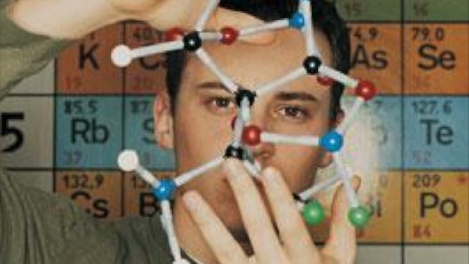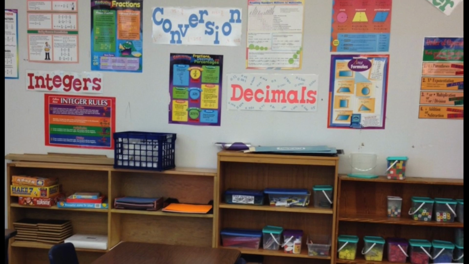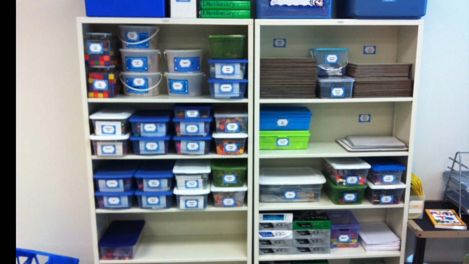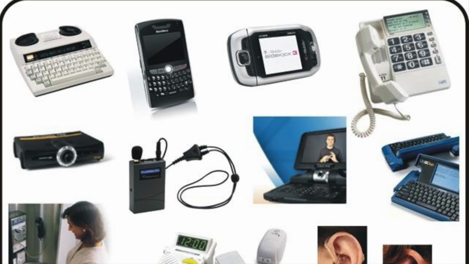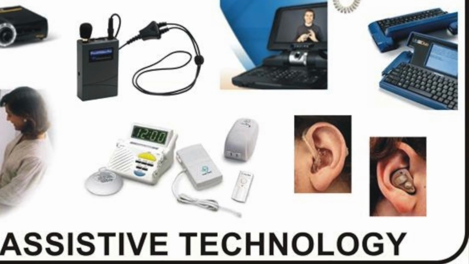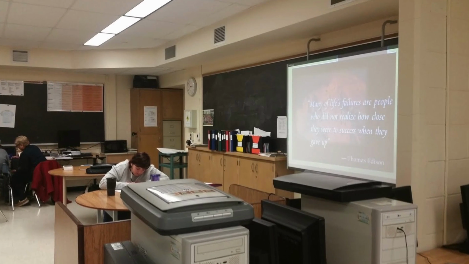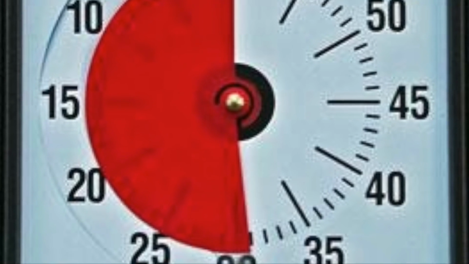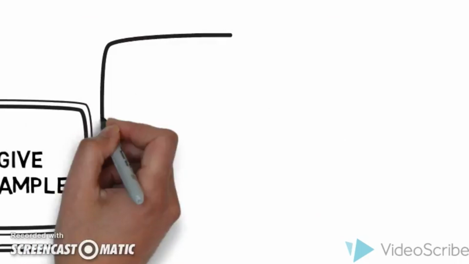For example, hands-on manipulatives are useful for students with mild intellectual disabilities, and visual spatial processing and nonverbal reasoning needs. It also allows for posting of extra resources that students can explore, which is useful for students with poor organizational skills or students that need to access information through assistive technology. Labs can be performed in quieter rooms to accommodate students with learning disabilities and attention deficit needs to minimize distractions. Plus, students can work at their own pace and at their own level to accommodate all levels of readiness.